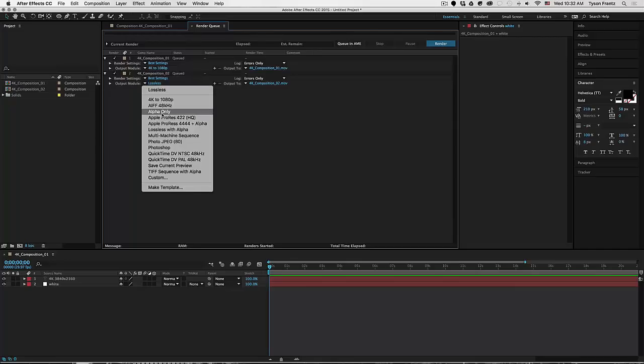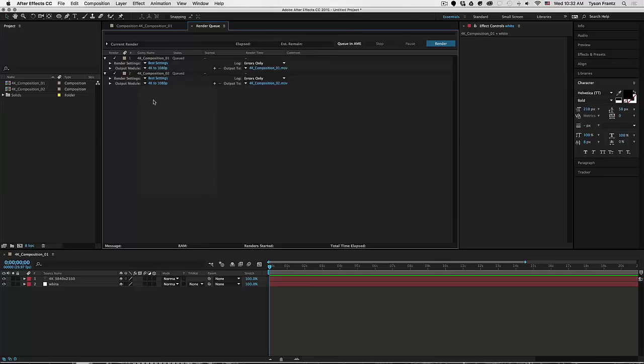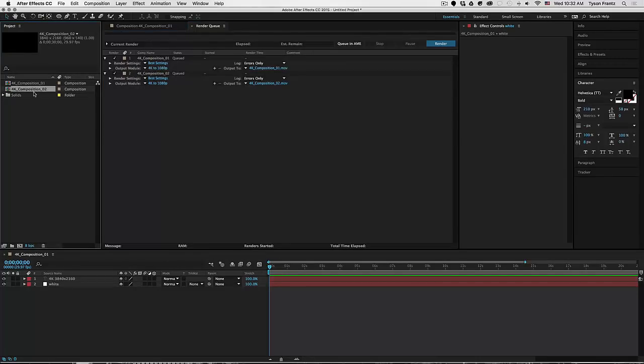If while we're changing this, we hold down the command key, or I believe on a PC, control. I'm not sure of the PC setting, but on a Mac, if you hold down command and click the new setting, After Effects will save that setting as the default. So now, if we have a third composition that we drop in,